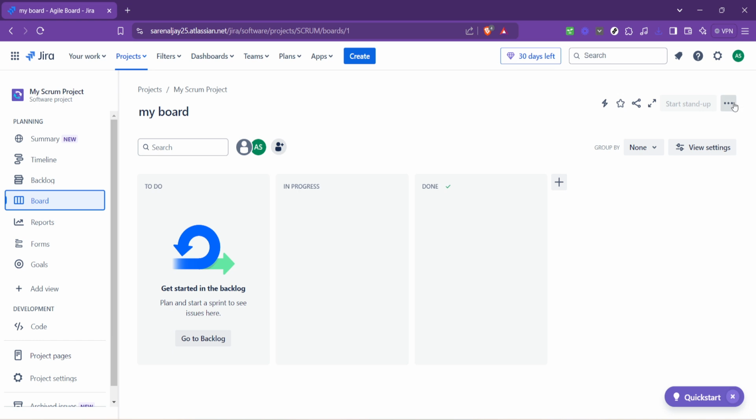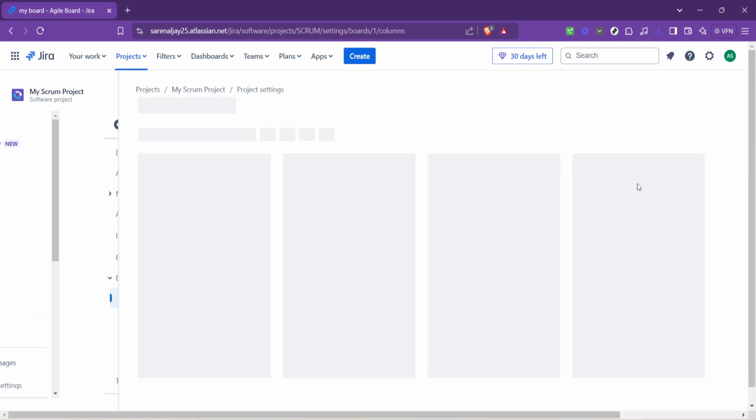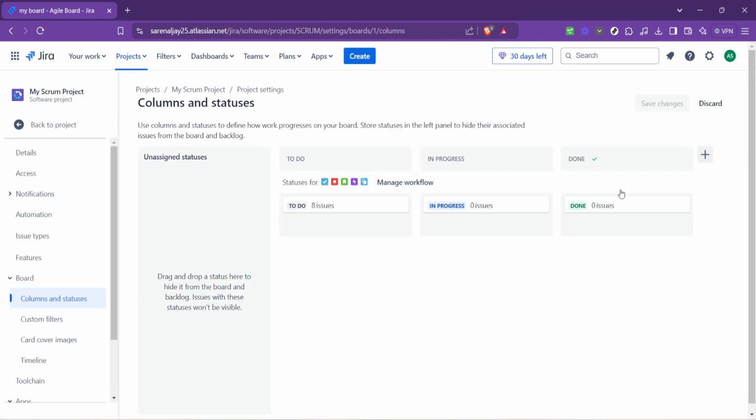Look for the three dots menu. This is typically located in the top right corner of your board interface. Clicking on this will reveal a menu with several options, but what we're interested in today is Configure Board. Select this to proceed to the board configuration settings. Here in the board settings, you're given the freedom to modify columns, swim lanes, and various other settings to suit